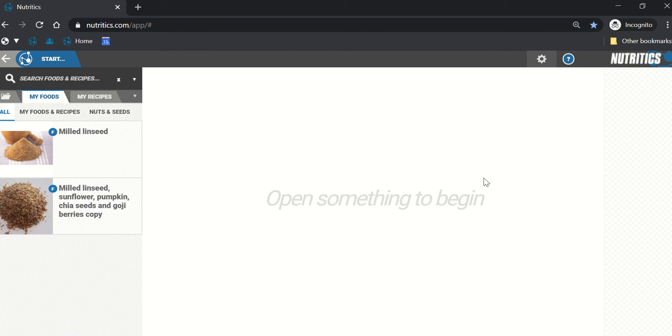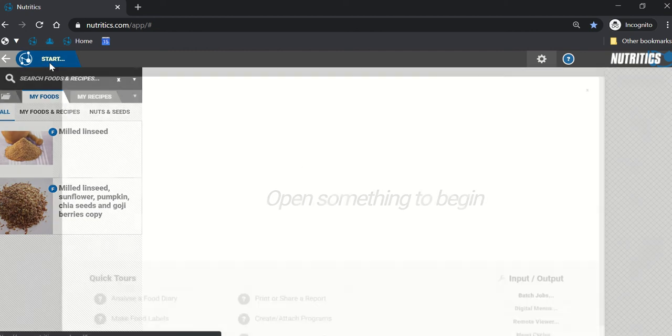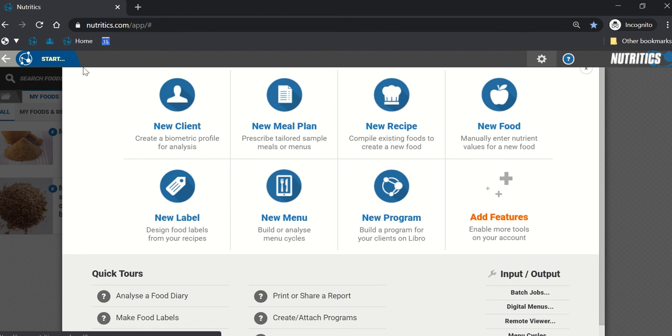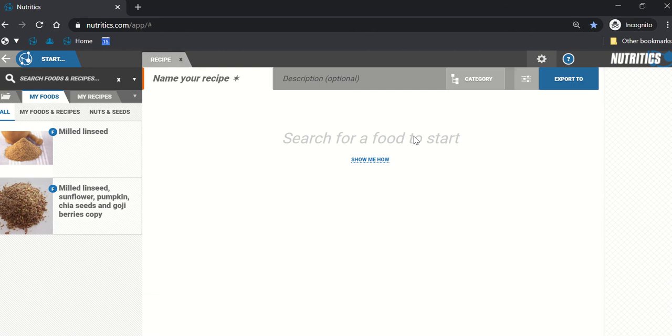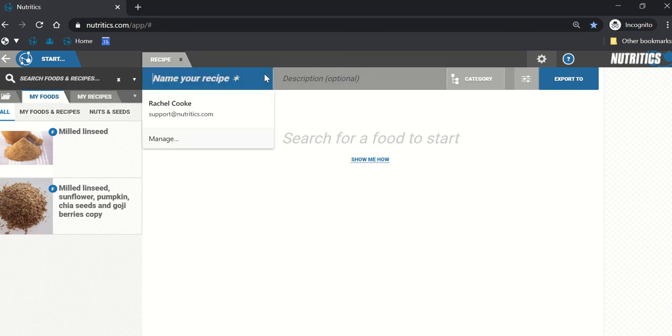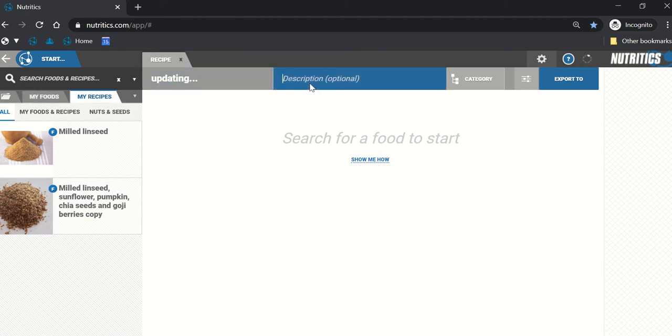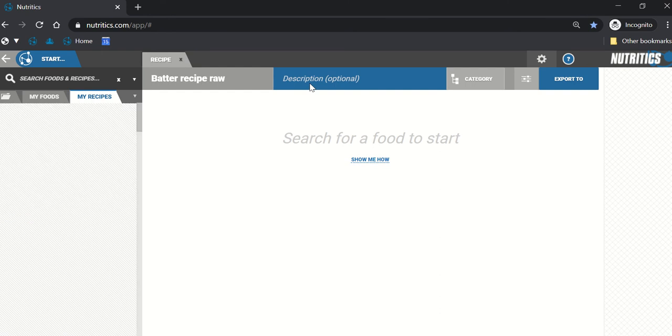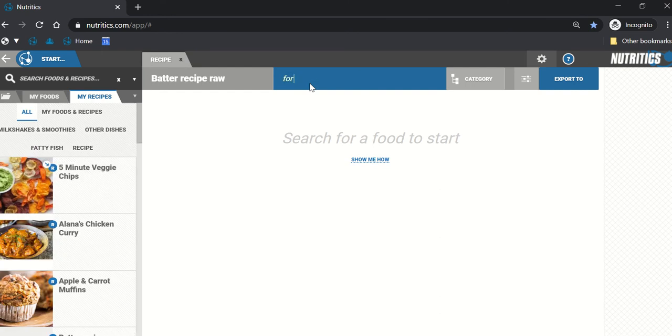So the first step is to click the blue start button. I'm going to start off by creating a sub-recipe. Obviously I have a number of different options listed here in front of me, but today I'm just going to select the new recipe option. I have to name my recipe firstly. You'll see a description box to the right hand side. You can give your recipe a description if you like. This is a free text field, and it also acts as a searchable field later on,